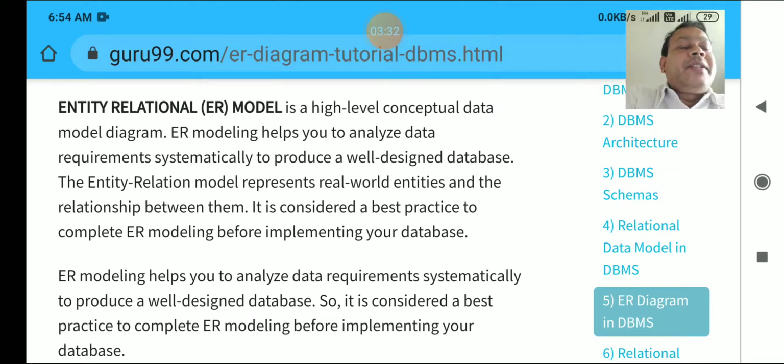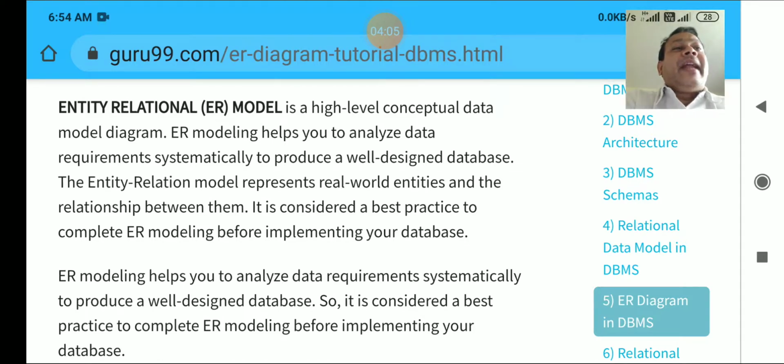So flowchart is your prime requirement for creating a particular program. So here also, before making a table in a database like Oracle or IBM DB2, or MySQL, any software you are using for that database management system, you are supposed to make the flow chart of that particular table. Clear? That is how the tables are related.